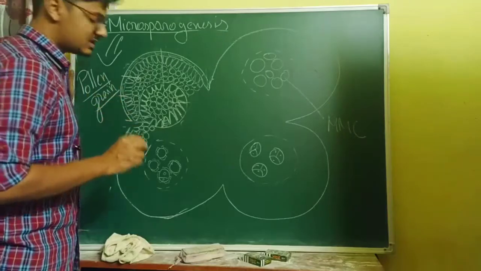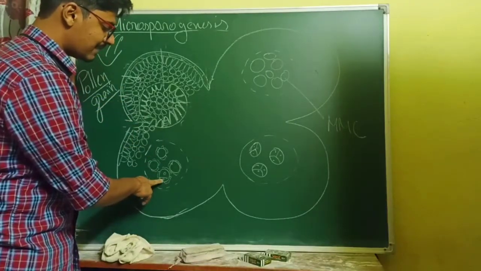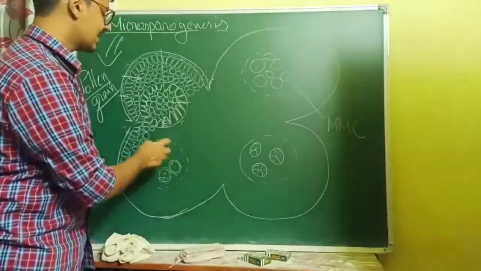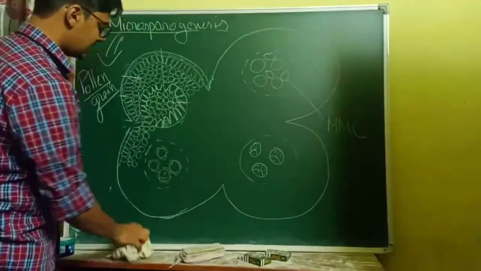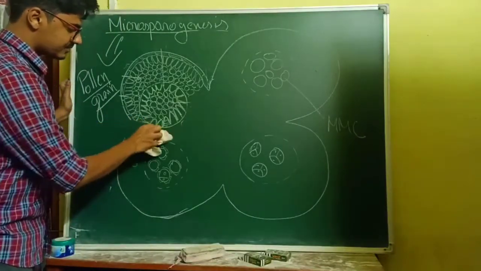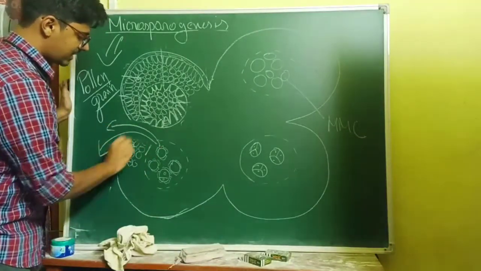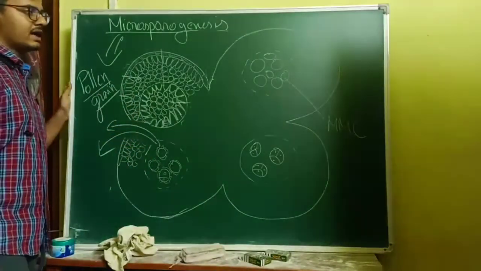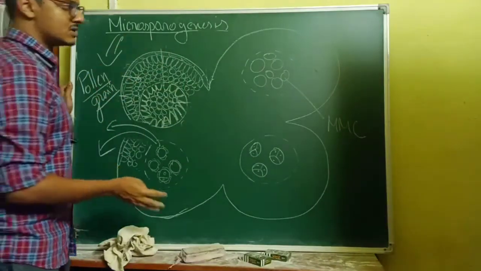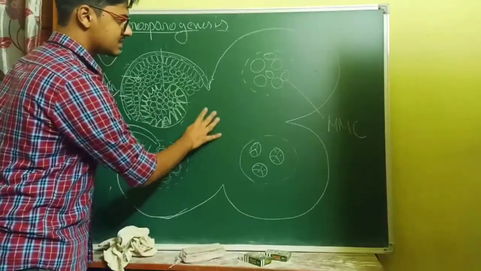In 60% of cases, angiosperms release their pollen grain at the 2 cell stage. In 40%, they show the 3 cell stage. Now the anther wall will break from here, and the pollen grains will come out. So this is the formation of pollen grain and microsporogenesis all together. Hope it is clear to you.